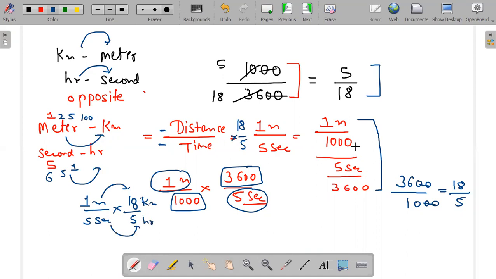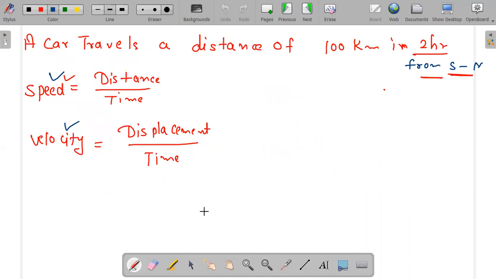So without going through this long process, because you would have to divide, instead of dividing you can write this shortcut. Maybe you have seen various types of questions with 5 upon 18 and 18 upon 5 values, so don't get confused. This is just a short trick or short form so that we can save our time.